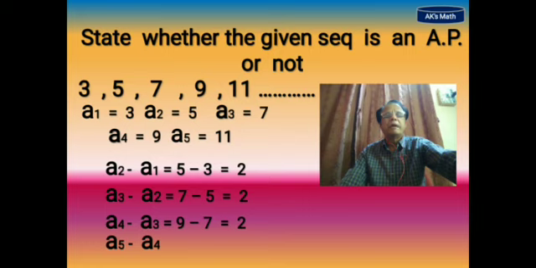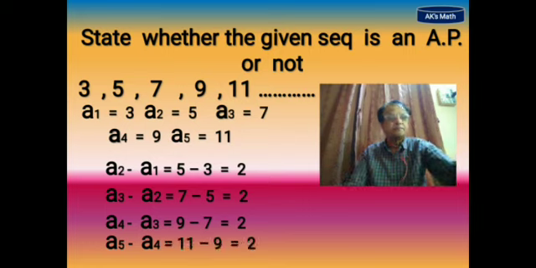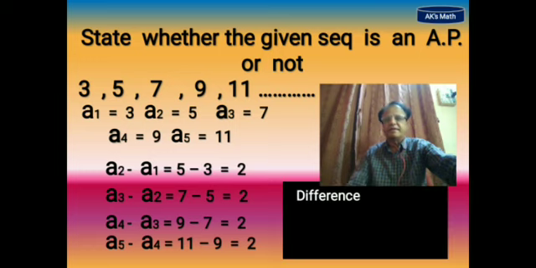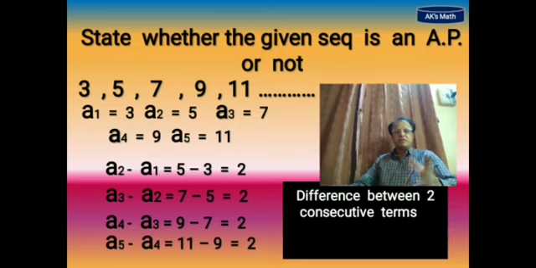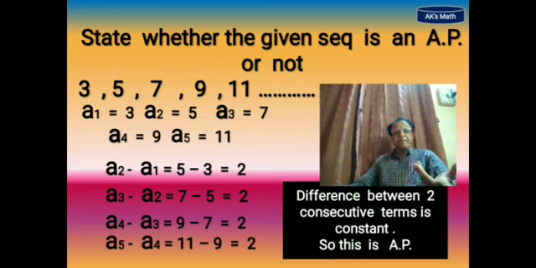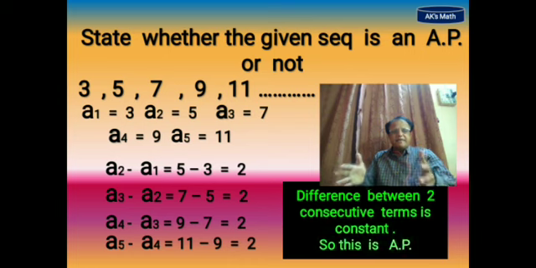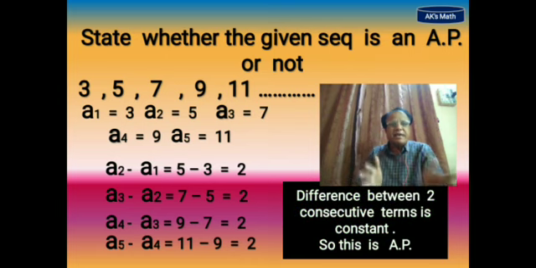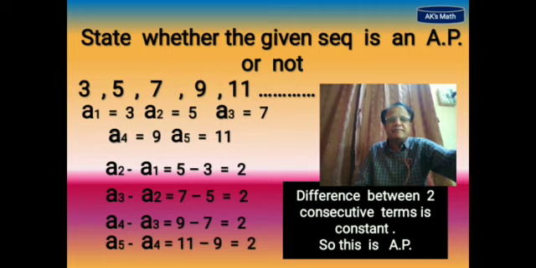So in that way you will get that the difference between every two consecutive numbers, taken in reverse order, is constant. And if the difference is constant, then we know that this is an AP. So this is the very easy technique to state whether the given sequence is an AP or not. It is a very easy method. Let's revise something else which we already learned.